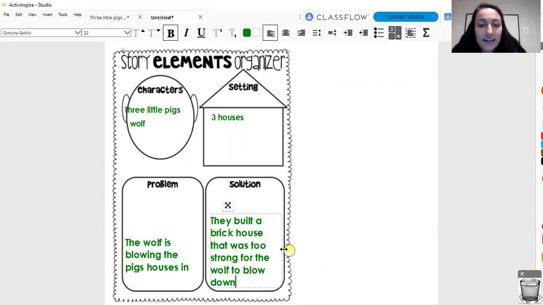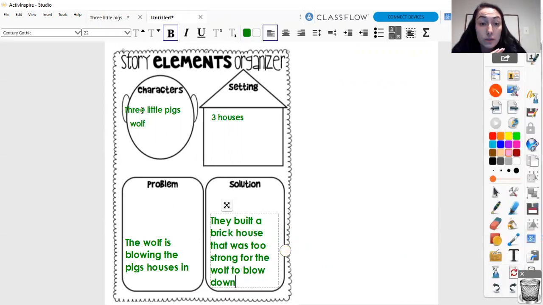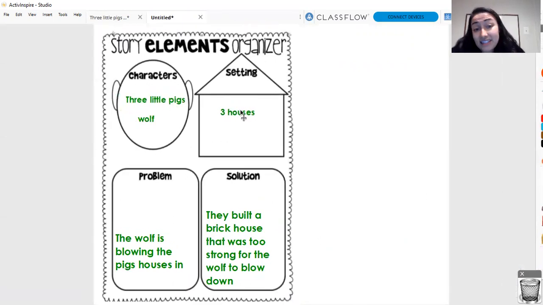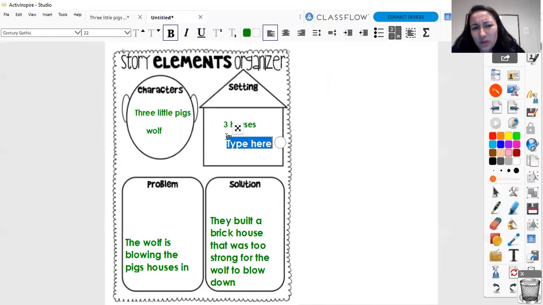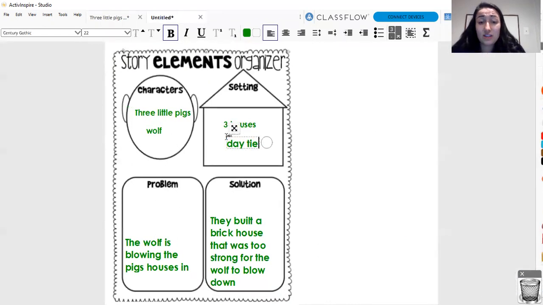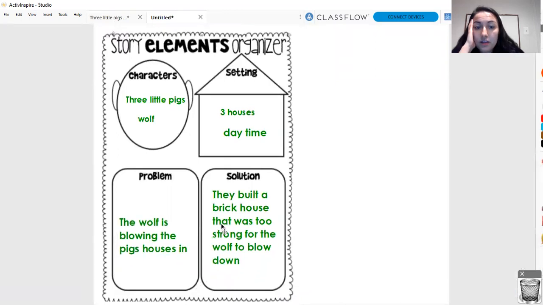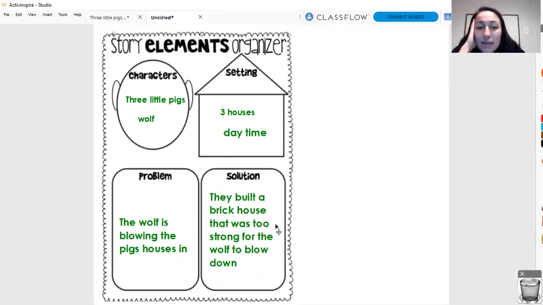Oh, okay. So I see we have the characters. They're the three little pigs. We have the wolf. The setting is the three houses, and I'm also going to put it was the daytime because I saw in the pictures that the sun was shining. And then we saw the wolf. The problem was the wolf is blowing all the pigs' houses in. But the solution is they built a brick house that was too strong for the wolf to blow down. So, boys and girls,